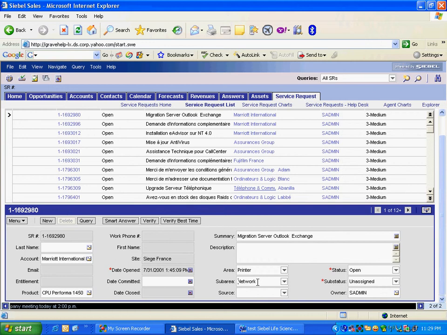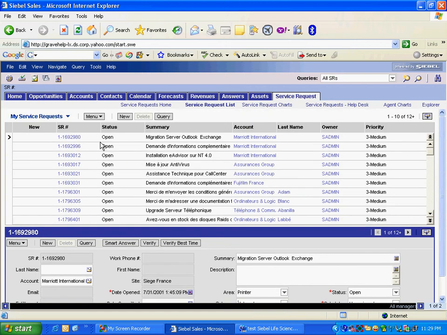Let's say the requirement is that the rep chooses area sub area, maybe here in the list applet. When he chooses area sub area and enters the service request details, then the bottom applet changes automatically according to the area sub area up there. The requirement is simply because, let's say there are different types of details that you need to enter when there is an issue in the laptop. When the issue is in a PDA, then the details are different. Then the form applet fields are supposed to be different.